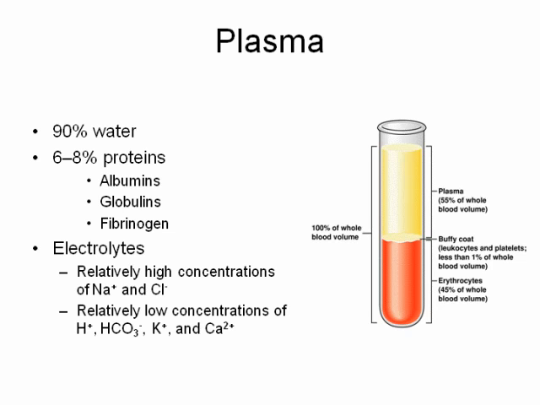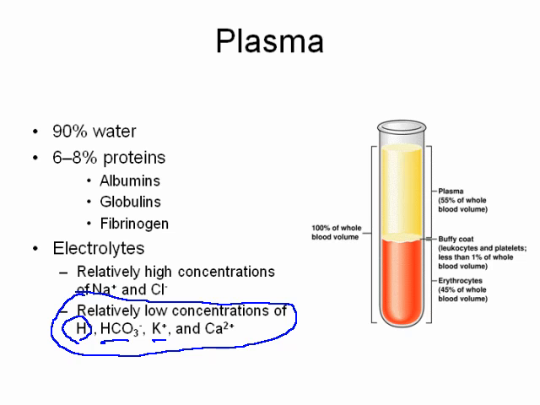So again, talking about plasma, 90% of plasma is water, and only about 6 to 8% of it is proteins. The proteins, and we'll talk about them in a bit more detail in a few more slides, consist of albumins, globulins, and fibrinogen, as well as electrolytes. Plasma has a relatively high concentration of sodium and chloride, and relatively low concentrations of hydrogen ions or protons, bicarbonate, potassium,